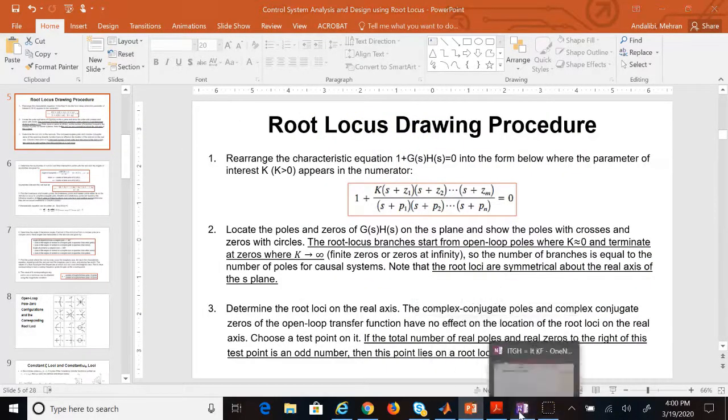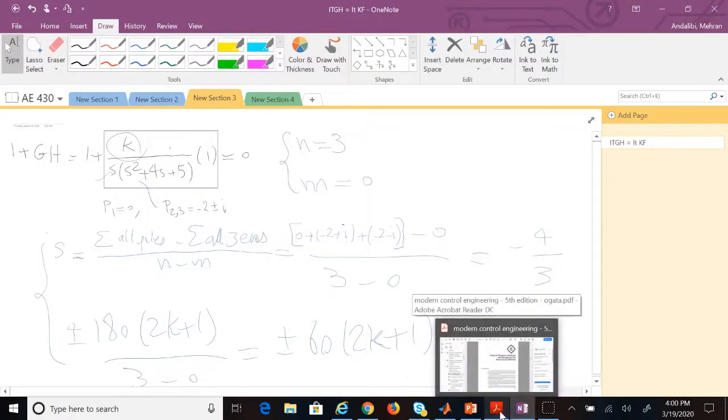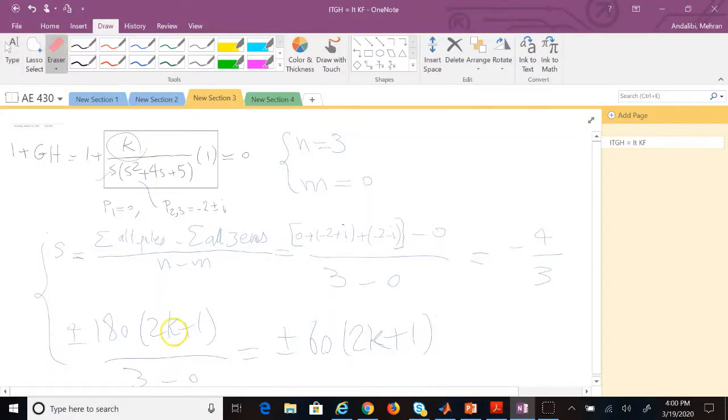So if I go back here, I keep my notation, but I use small k just to make sure. So small k, and small k here too. Where k can go anywhere from 0, 1, all the way to n minus m, which in this case